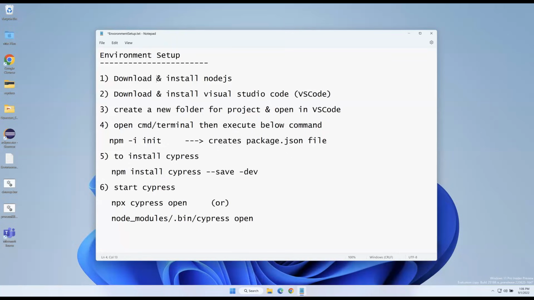So the first thing is we need to download and install Node.js. This is a runtime environment where we can run JavaScript based applications. Normally if we want to run any Java based applications, we need JRE. Similarly, whenever you want to run JavaScript based applications, we need a runtime environment, which is provided by